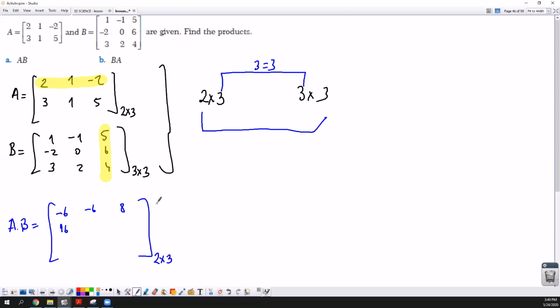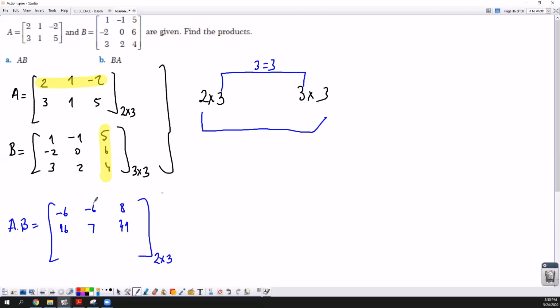And for the second row and the second column, we have 3 by -1, 1 by 0, and 5 by 2, which is 7. For the next entry, we will have 3 times 5, 1 times 6, and 5 times 4. And for the last row, we are going to have,